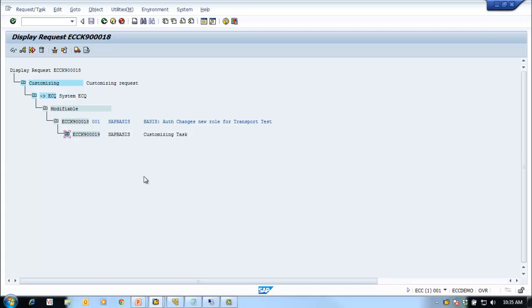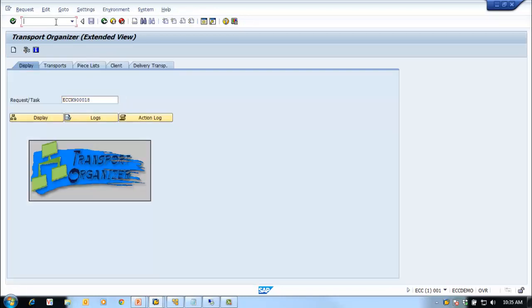Now we need to see what happens when we release the TR in the transport directory in the operating system. So how do we know where this is being saved? In the STMS, what we have seen, the transport directory is basically specifying the bin. That means if I go to STMS,